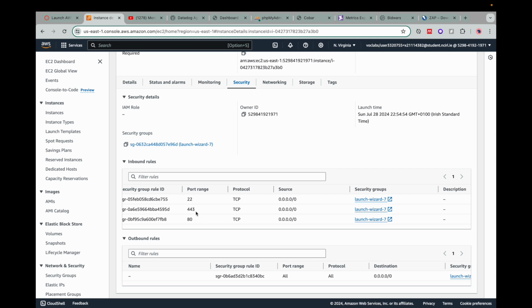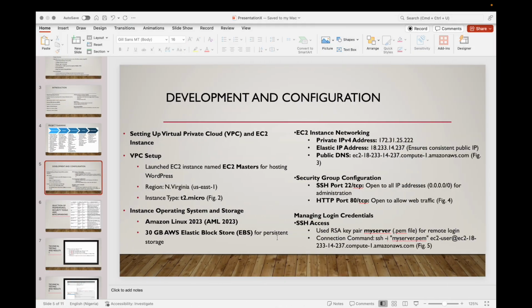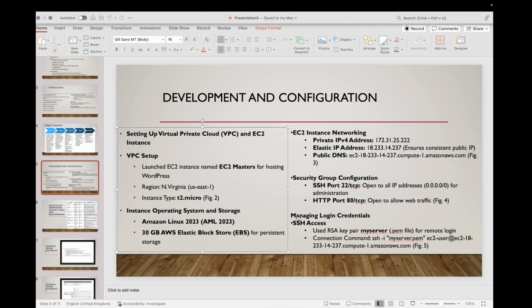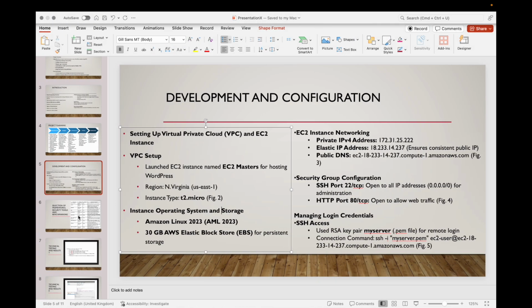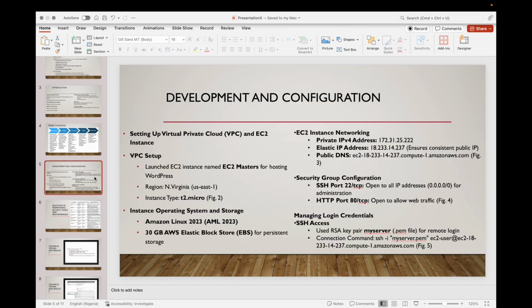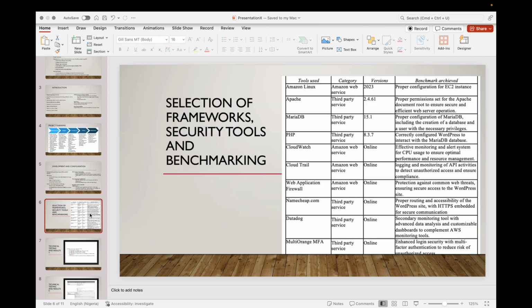Next we had our RSA key pair, which we saved on our desktop in case we had to log into our EC2 instance via terminal commands. And after setting up our EC2 instance and ensuring configurations were done, we installed WordPress